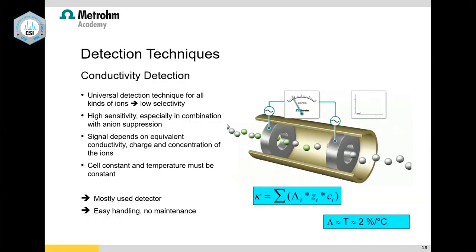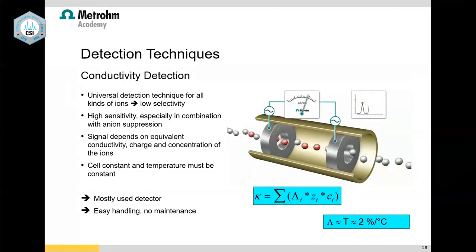Now we saw what the criteria is. We saw what is inside the column, and what the mobile phase is, which is normally water-based. We have now come to how the mechanism happens, and then to the detection part. Here, as I said, we are talking about ions, and ions will have high or low conductivity. The detector should be as sensitive as possible to determine this high or low conductivity, because the poorly dissociating ions, you need to find them.